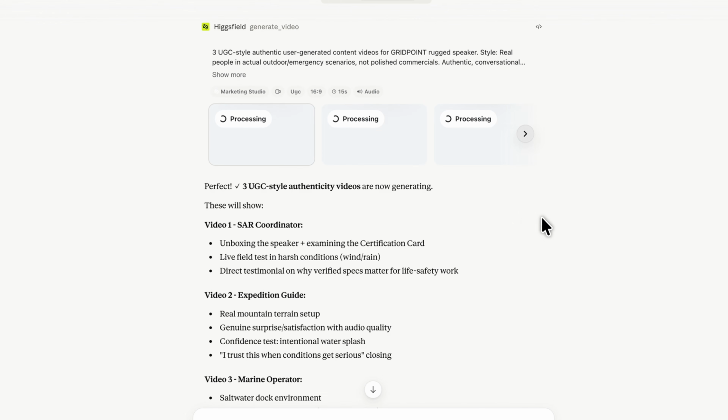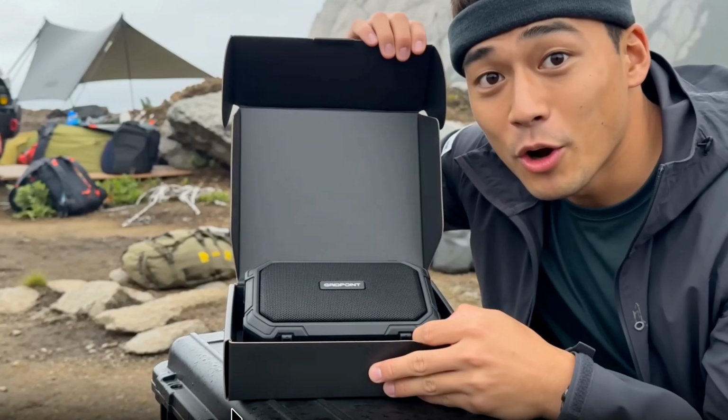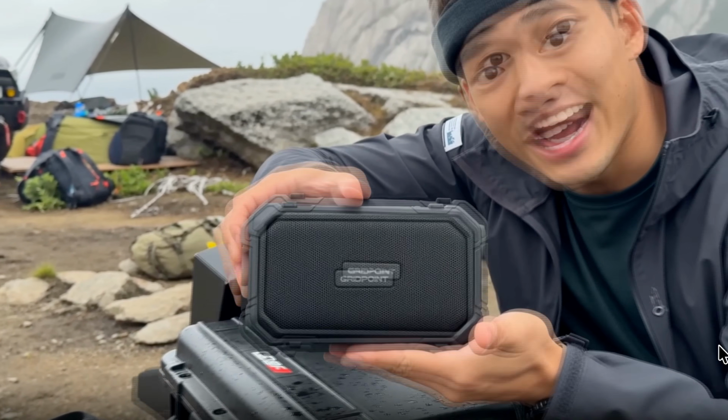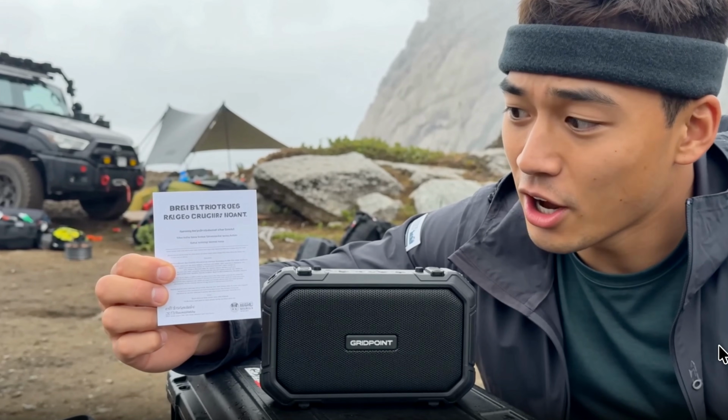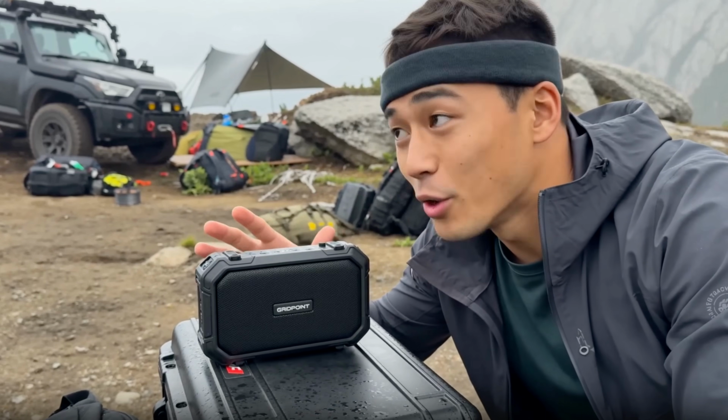When you're waiting on freelancers, you're also managing them, chasing drafts, giving feedback, reconciling conflicting revisions. That overhead disappears entirely. With Claude plus Higgsfield MCP, that cycle compresses into a single conversation. You describe what you want, Claude thinks through the strategy, Higgsfield generates the assets, and they land in your folder